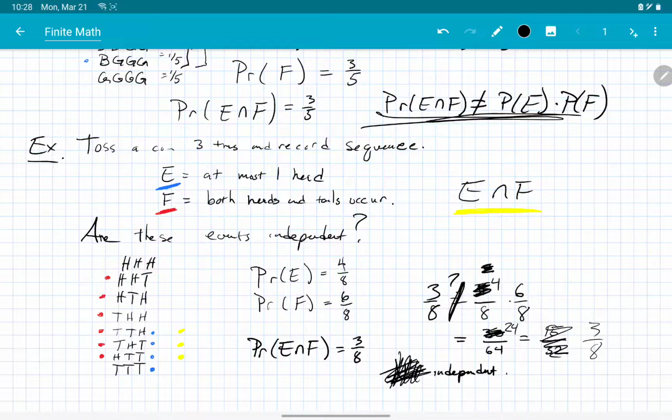So the events of having at most 1 head and the event of having both heads and tails occur happen to be independent. You might not think they're independent, but we just did the calculation to show that they are independent. So sometimes the independence is obvious, right? If you roll one die and then roll another die and then roll another die, each of those die rolls are independent. What you get on each one is independent of what you get on the previous ones. But if you make a complicated event out of a series of things which are independent, like we've just done here, the coin flips, you might get events which are independent, you might get events which are not independent, depending on the situation. And so you have to kind of count and use the formula to find out what's going on.